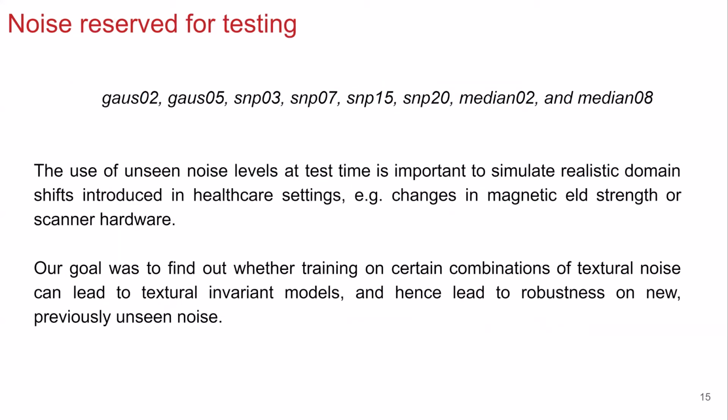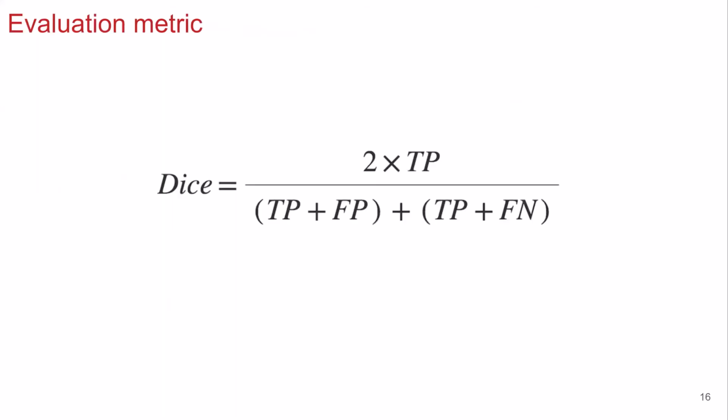Different variations of unseen images, as shown on the slide, were purely reserved for testing purposes. This was to simulate the domain shift in the medical imaging setting and to find out whether the models we trained gained robustness in the MRIs with unseen noise. In terms of evaluation metrics, the dice similarity coefficient was used, which is a metric that measures how close the predicted image is to the ground truth image. For succinctness, we present in detail 3 of the 11 models,